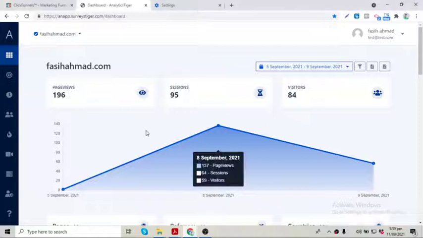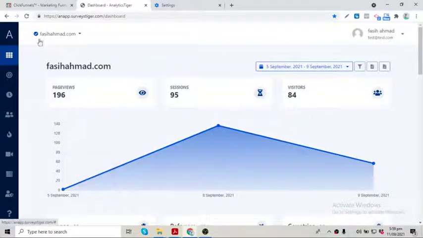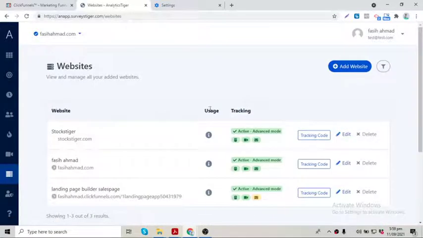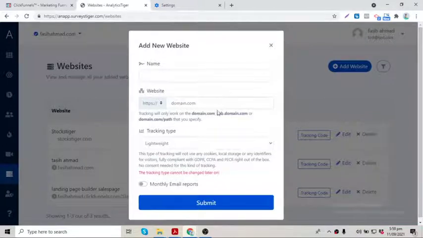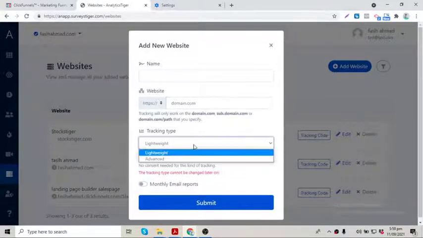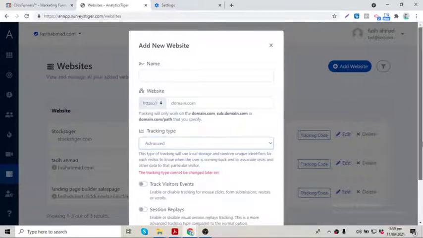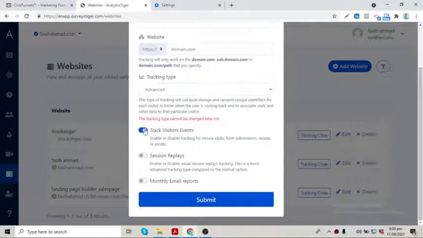In this video, I will do a quick demo of all the features inside the Web Analytics Tiger web app. So first, when you log into the app for the first time, you will come across this dashboard area, which will obviously be empty. So you need to go to the websites tab right down below here and add your own website. When you click on add website, you can choose a name and enter your own website URL. And if you want all the features, you click advanced on the buttons here and click submit,